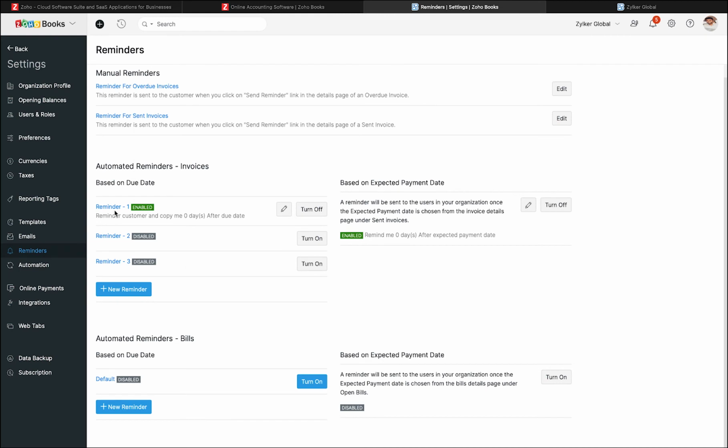And it's not just one reminder that you can set up, you can have multiple reminders, each one going out on a different date. One can go out 2 days before the due date, another one on the due date, and the third one 5 days after the due date. Depending on how you'd like to set it up, you can do it in Zoho Books. The same thing applies for bills as well. So you can make sure that you're paying your vendors on time by setting up reminders for your bills in